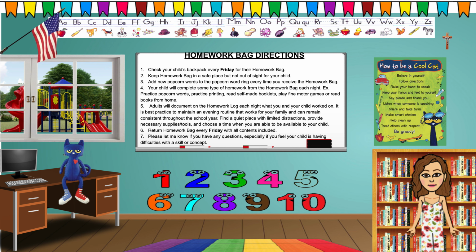Homework bags. I talked a little bit about homework bags. They'll be coming home every Friday. You're keeping them for a week, and it is homework. So I have put in a safe place because you have to return everything that comes back to you, but don't hide it, because if you hide it, you'll forget it, and then your child won't be able to read the stories and practice what is sent. So just put it in a safe place and have that as your homework every night. And you can just read down through it. I mentioned the logs. Return the homework bag on Friday, and if you should have any questions, please let us